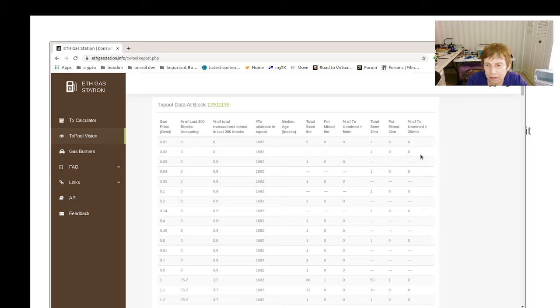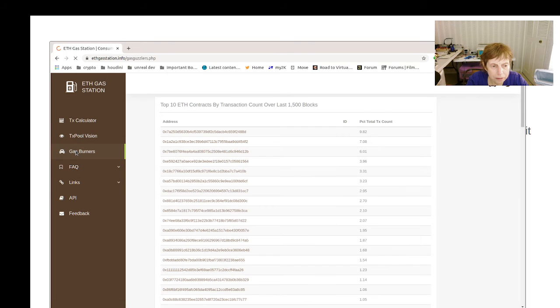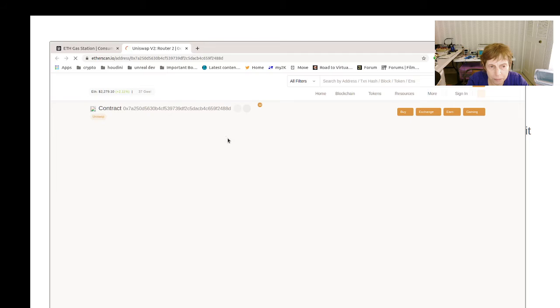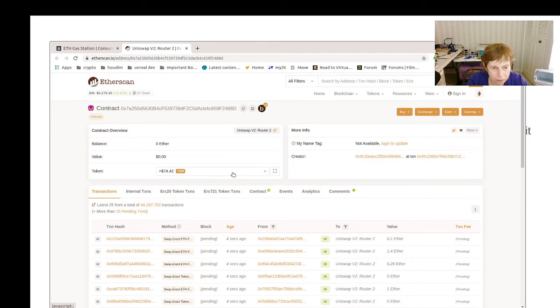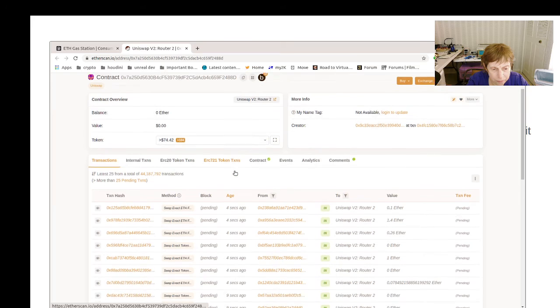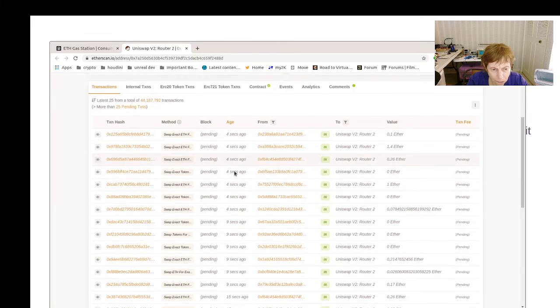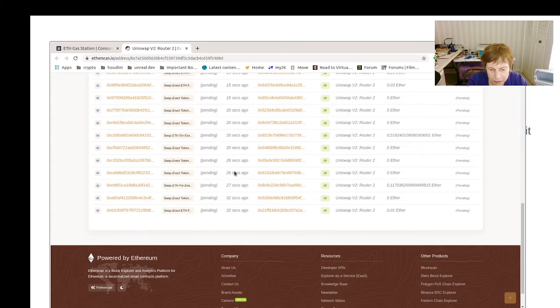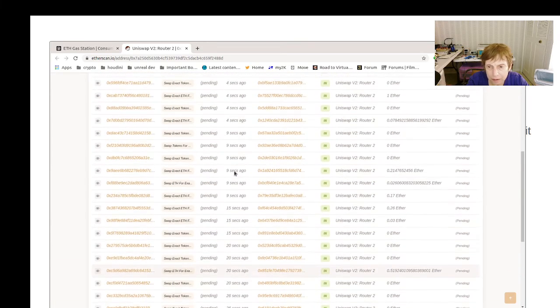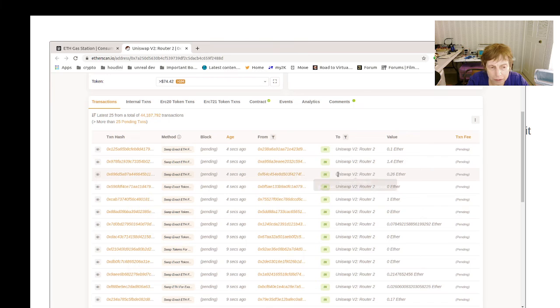And this one, so let's look at this block here. It looks like it was doing some kind of swap. One thing I'm noticing, I'm not seeing a lot of those vanity, oh, right here. Yeah, you're seeing, so,